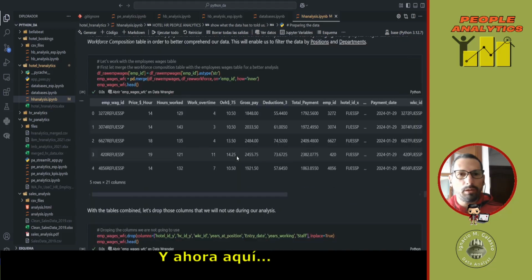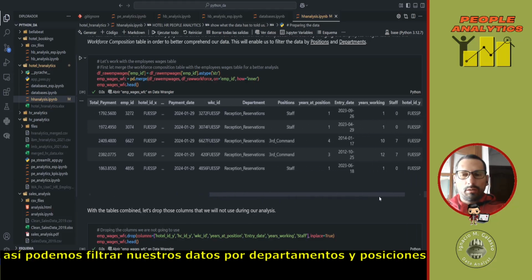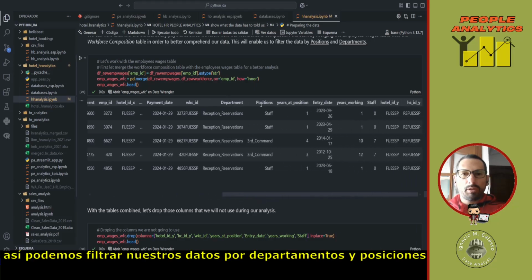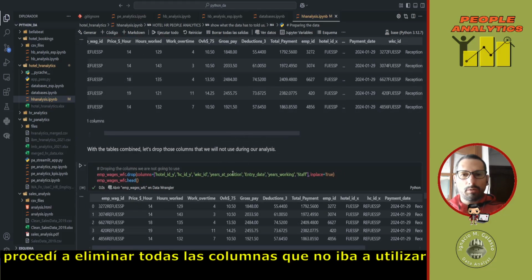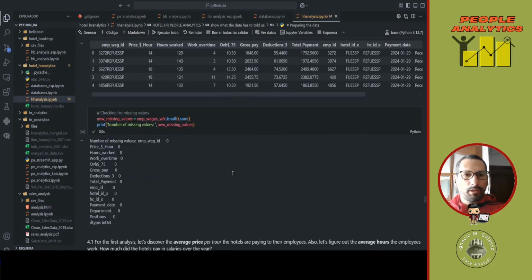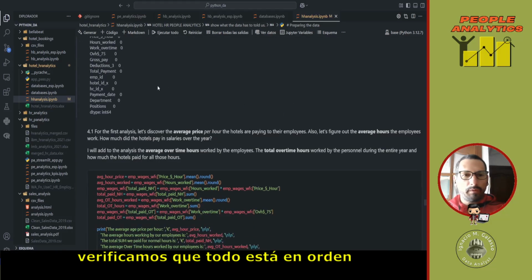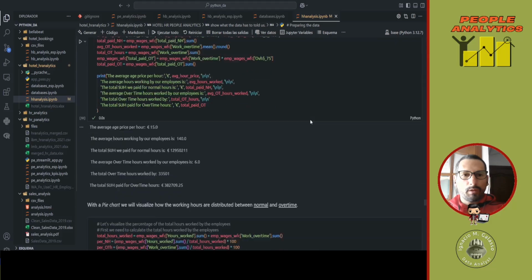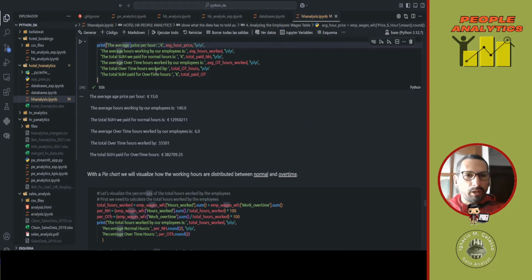and also here I combined the table from the employee wages with the workforce composition, so I can filter the data by department and position. I drop all the columns I was not going to use. Always check if we have missing values and everything is okay. I also made the same analysis that I made in Power BI, average hours working by employees, the total we paid